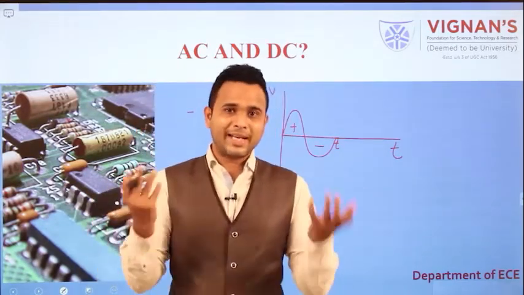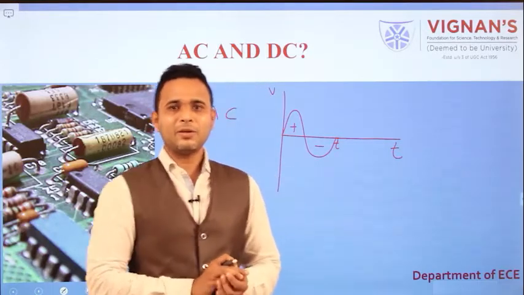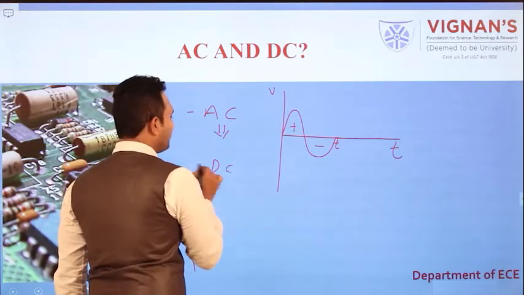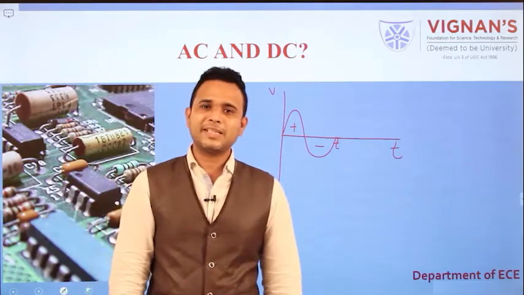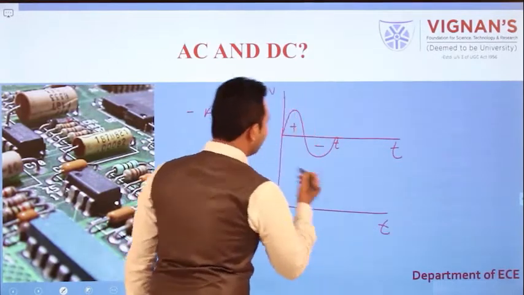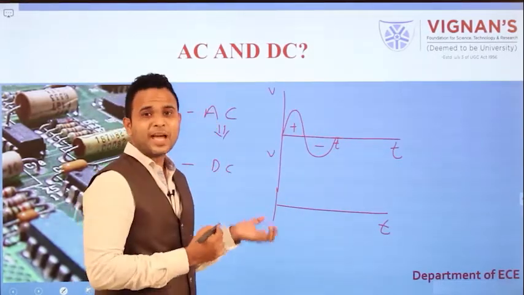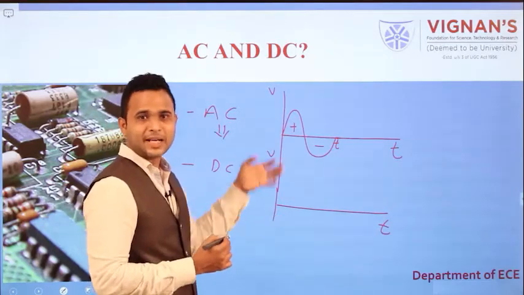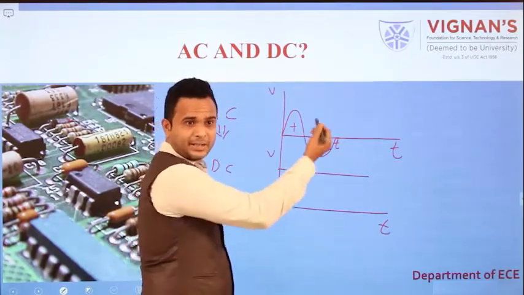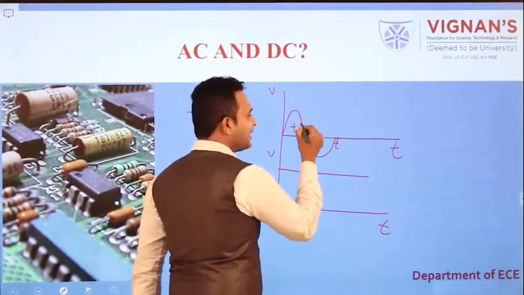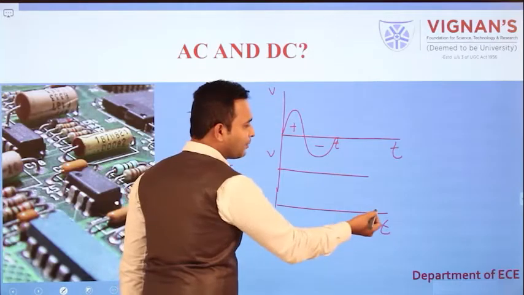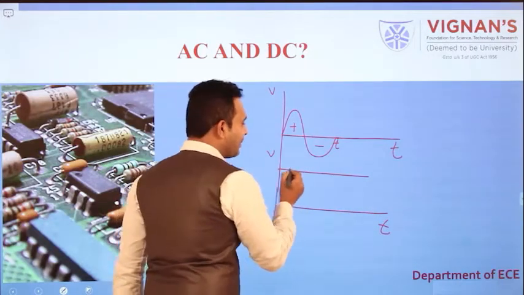But our electronic devices work with DC. So our main motto is to convert this AC to DC. Then what is meant by DC? DC means direct current. Direct current means, on the same axes of time versus voltage, we have to convert AC to DC, that is, a continuously varying signal to a constant signal. Comparing the two signals, this signal is continuously varying along with time, but this signal is not varying continuously with time. It will be a constant.